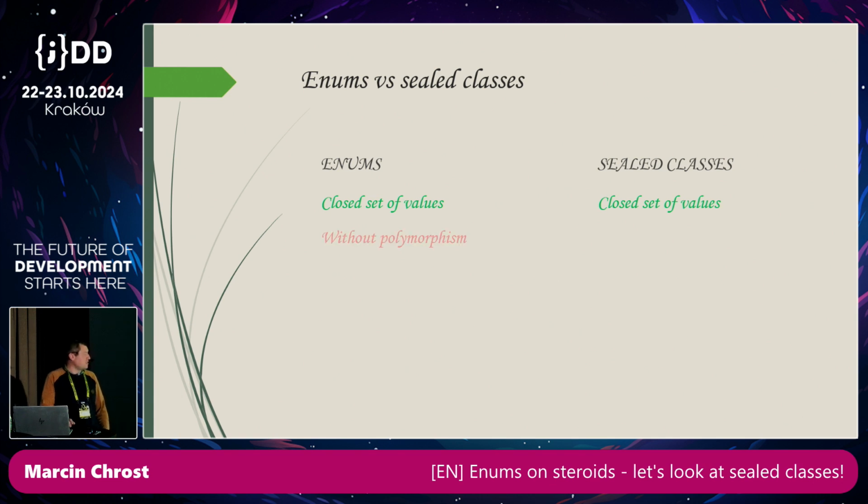The difference is hidden here, because in enums you do not have something like polymorphism. If you have an enum in Java, within the same type of enum, each enum value looks exactly the same, has the same fields, has the same methods, and cannot differ in its shape. With sealed classes, the situation is completely different, because as in our case, each of these three classes, suspension, refusal, and approval, are completely different, have different fields, have different methods. So you can model your business case much more flexibly, because if you are able to